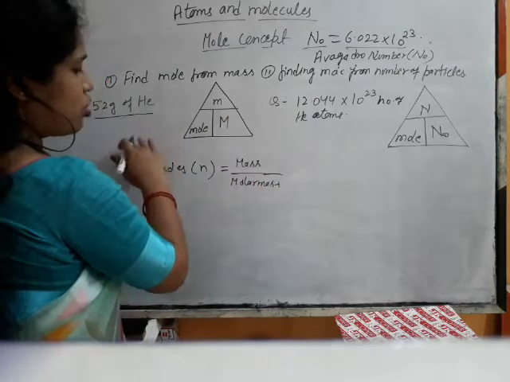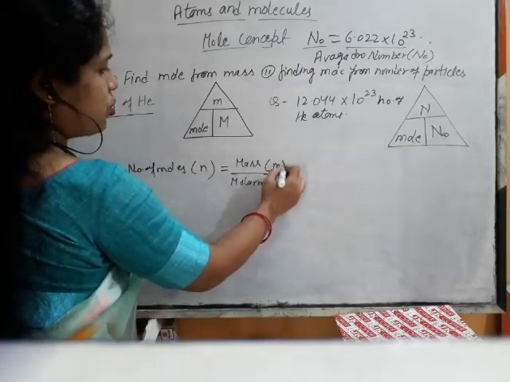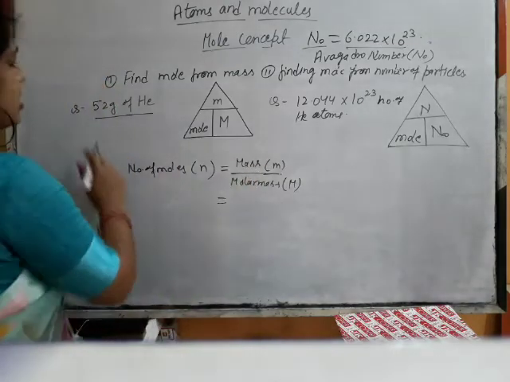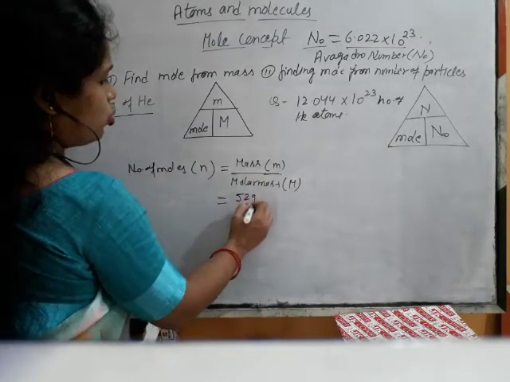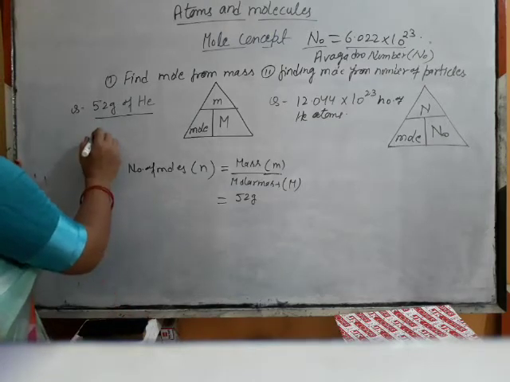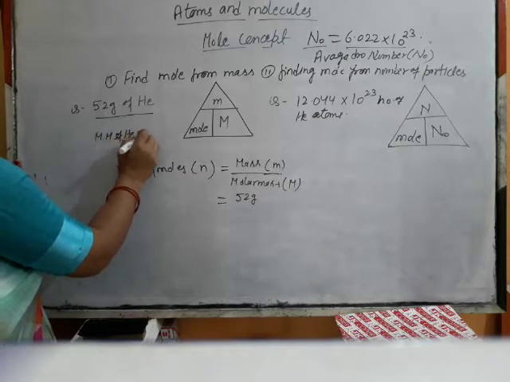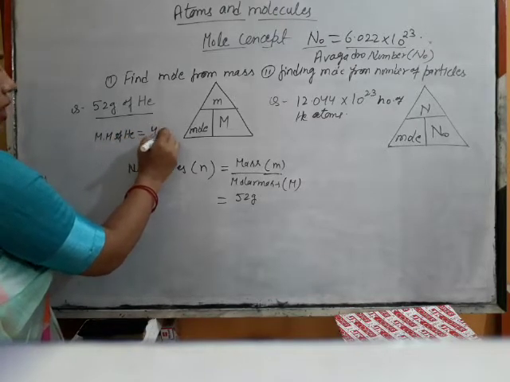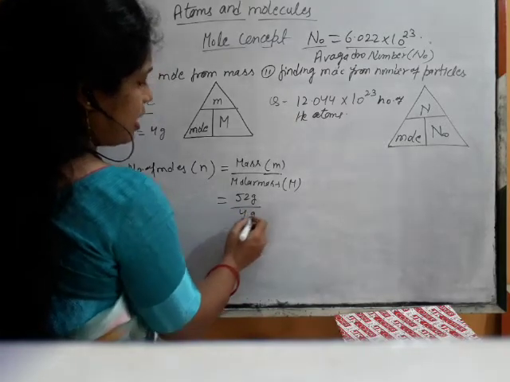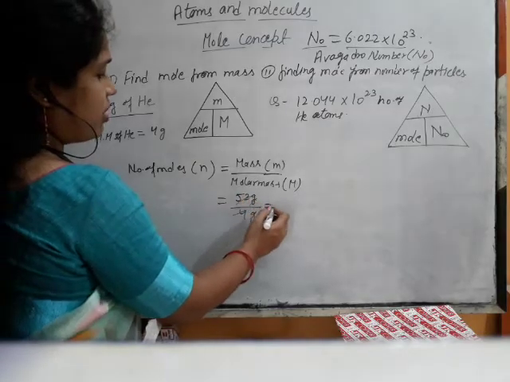Mass is the mass of the atom or molecule given, denoted by small m, and the molar mass is denoted by capital M. So the mass given is 52 grams, and we know that the molar mass of helium atom is 4 grams. Then the gram units get cancelled to give us